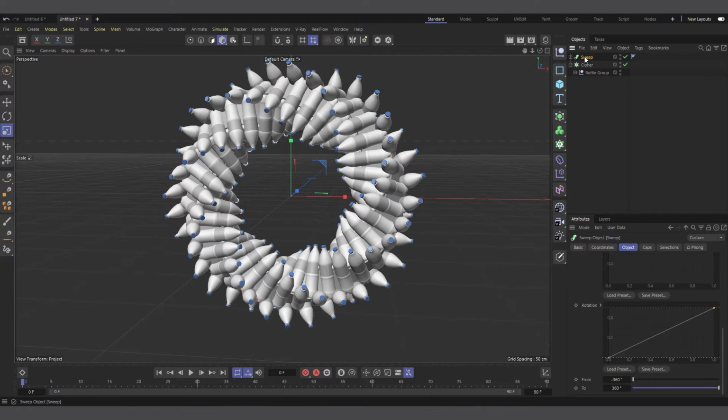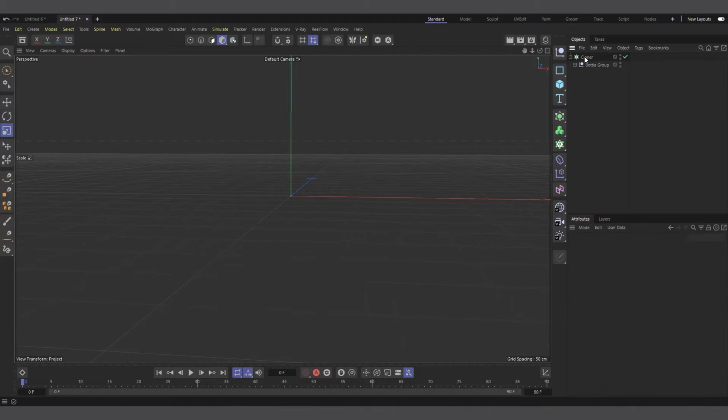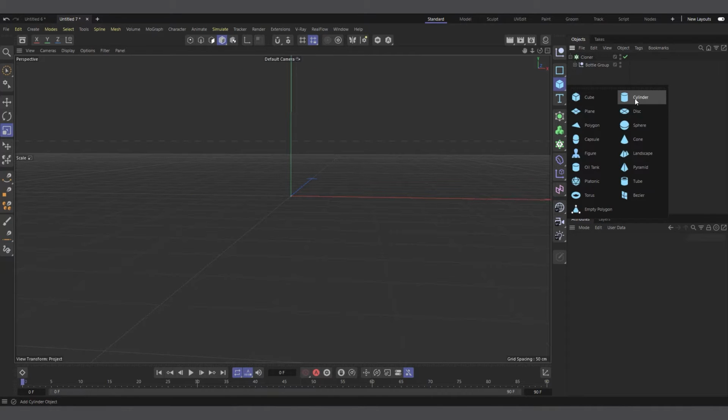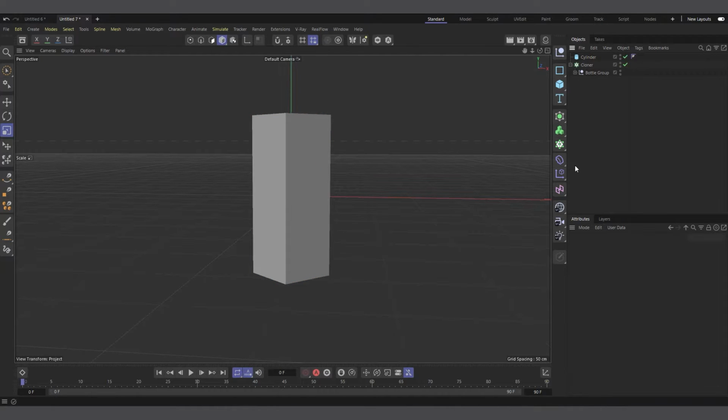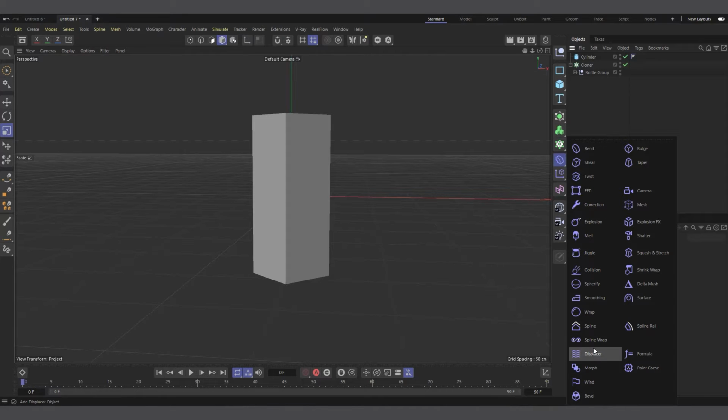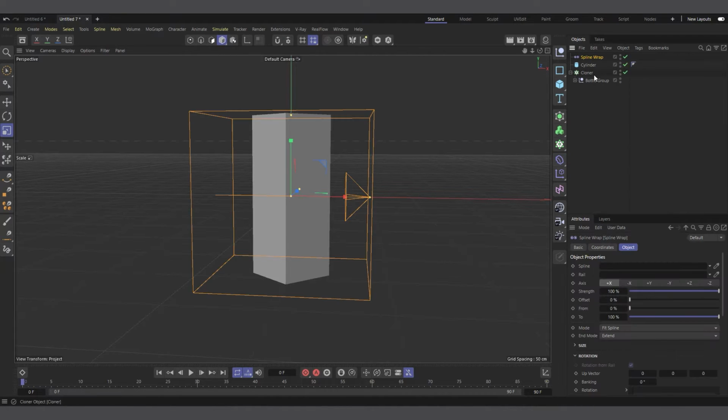So another way I actually found was to use a cylinder. Let me delete the sweep and I'll create a cylinder. I'll reduce the rotation segment to 4 as well, and maybe increase the height segment to 40, right? Then I'll go in here and create, in my deformers, a spline wrap, make it a